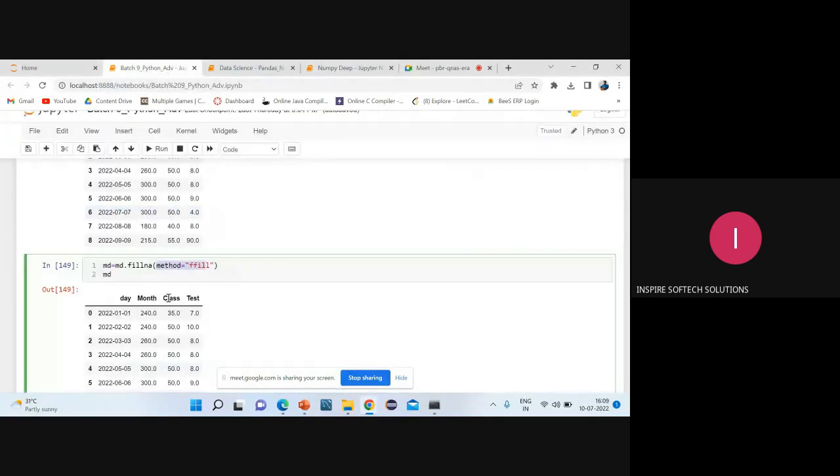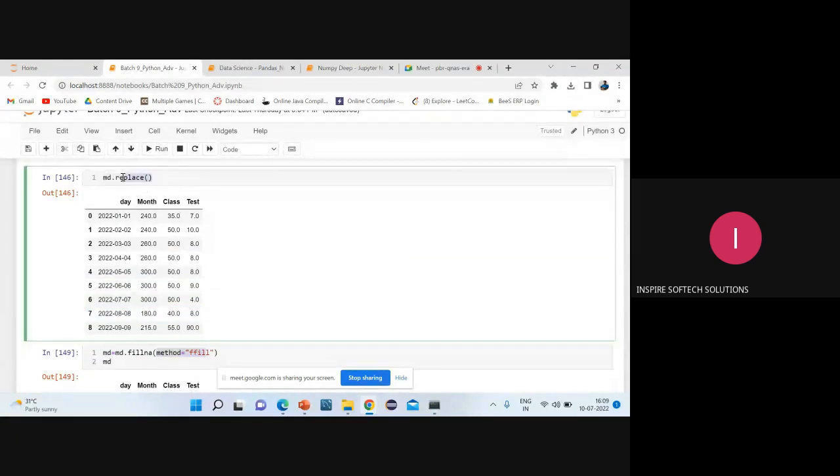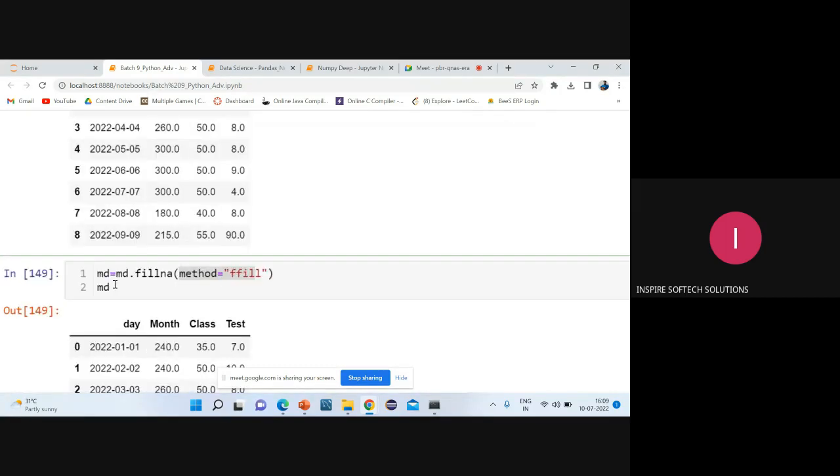Fine. So if you want to fill with a previous value, either we can go with the replace method, or other than replace, we can go with a method. We can write your variable, whatever you keep. So MD I am keeping. So MD dot fillna. Wherever you have the empty rows, I have to fill with those values. I can fill with ffill values. ffill is nothing but the forward value we used to tell.